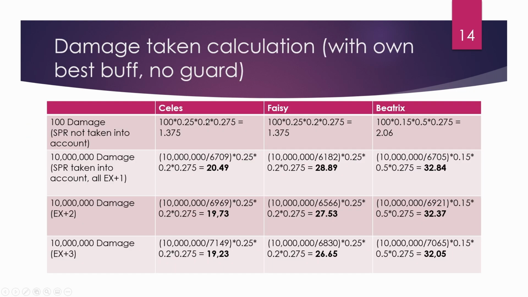And here is some damage calculations, damage taken calculations. It states best own buff, but this is actually without own buffs, no guards. So yeah, this might come as a surprise because I know for a fact that many people prefer Beatrix over Phase due to her being super bulky. And I too use Beatrix over Phase just because the HP pool, so the effective health, is a little bit